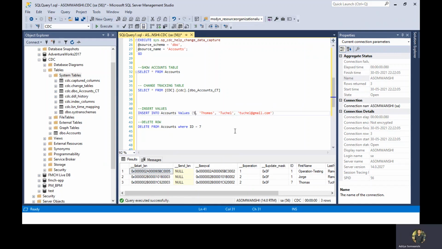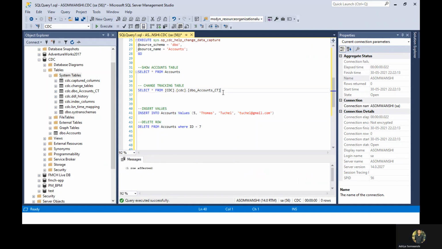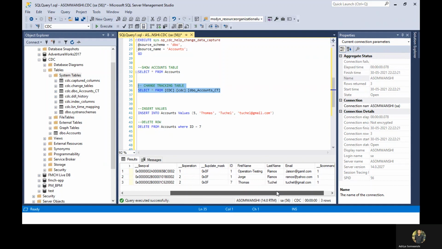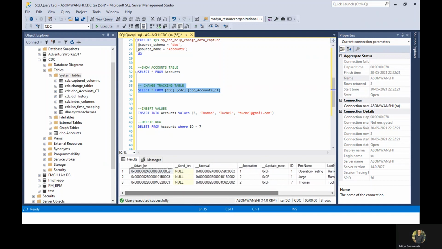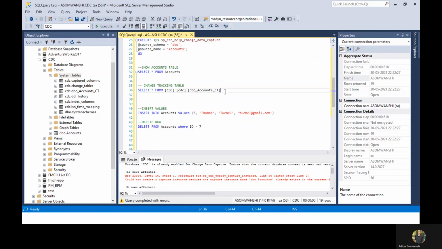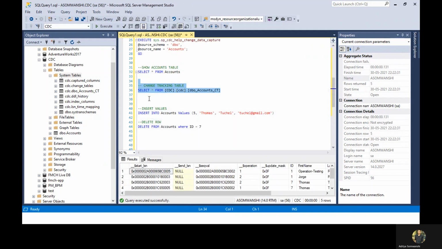So while it is getting executed, I'll insert one more row and I'll check this. It's still getting executed. So now it is being executed.